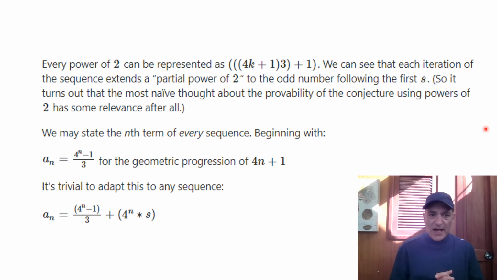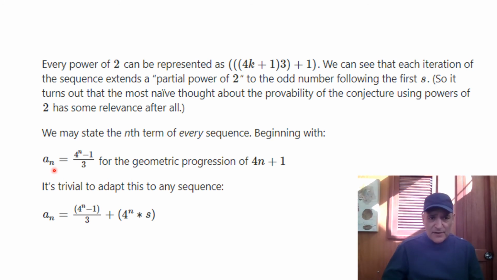Maybe better to say every power of 2 can be represented as that formula. Now, this leads to, actually it doesn't lead directly to this, but we may state the nth term of every sequence fairly easily. I have a couple of previous videos about this, but this is an nth term formula,